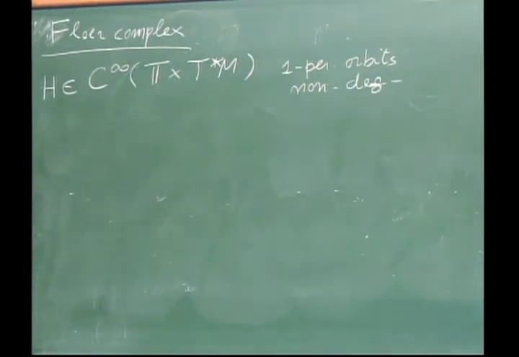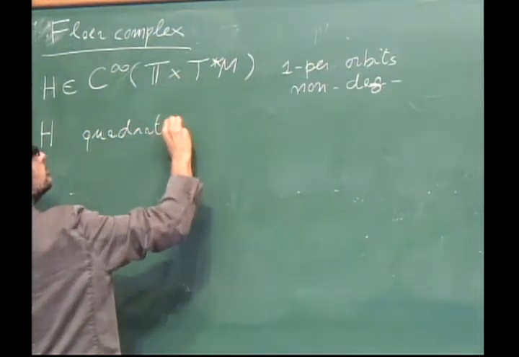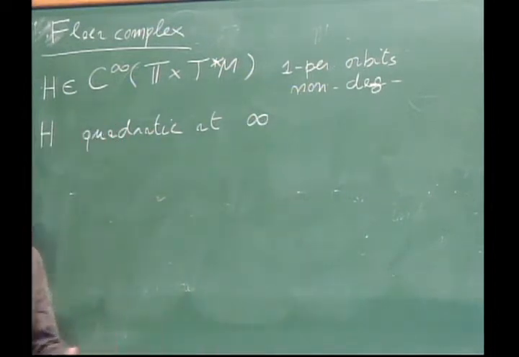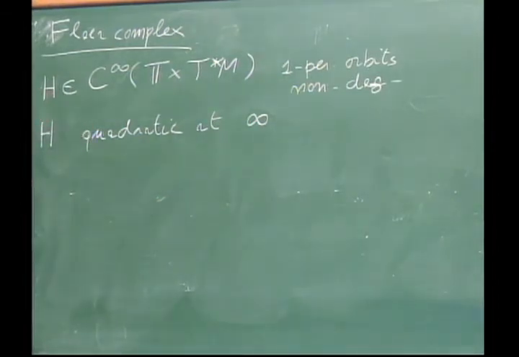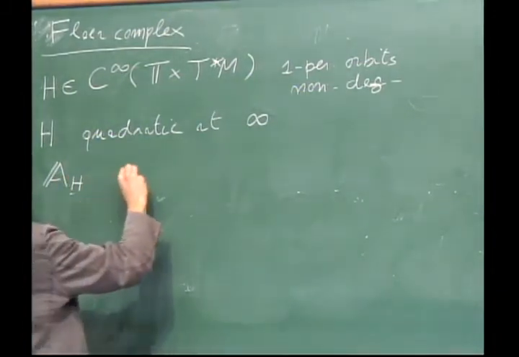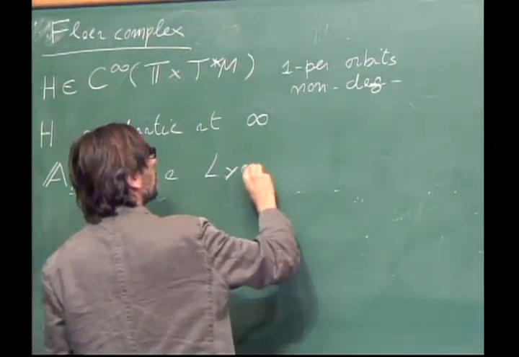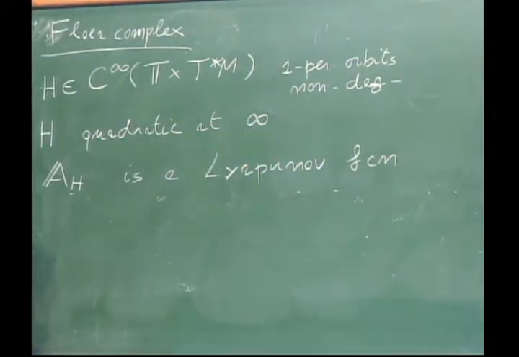That's an assumption, and H should also be, say, for instance, quadratic at infinity. So again, its behavior on a compact set doesn't matter, but at infinity it should have some quadratic growth analogous to the one I wrote for L. But actually here no convexity is needed. H is quadratic at infinity, and so we have this Hamiltonian action function A_H, and this is a Lyapunov function